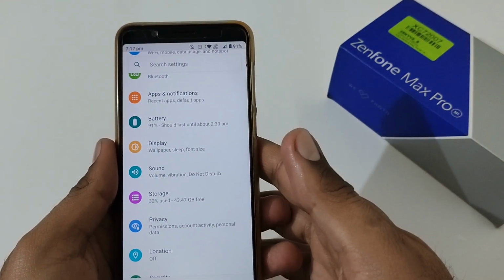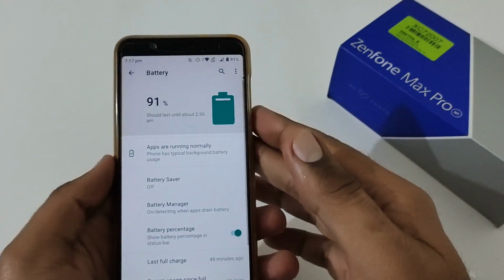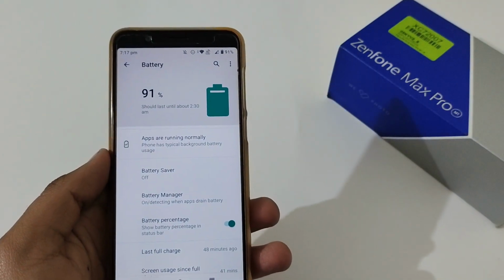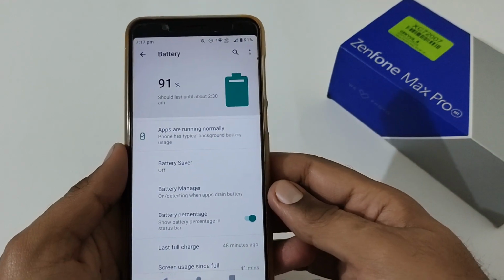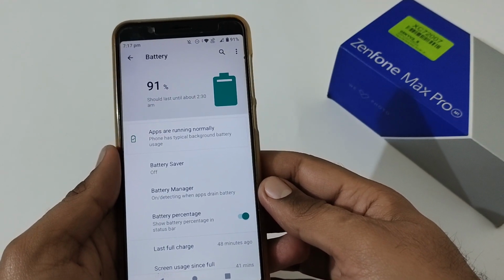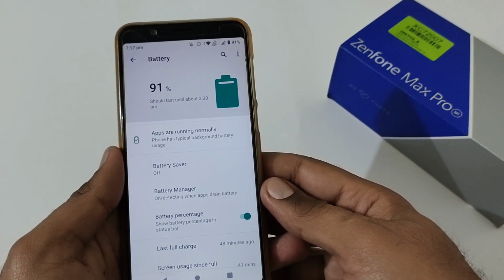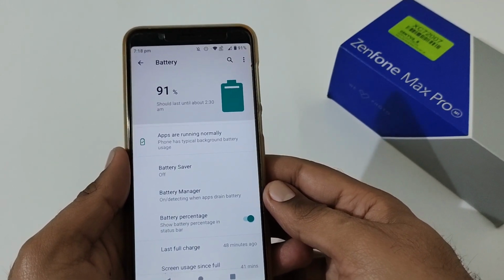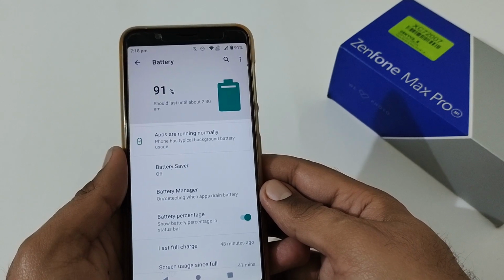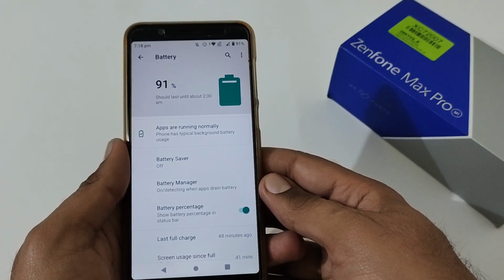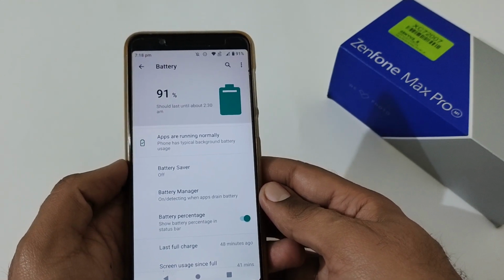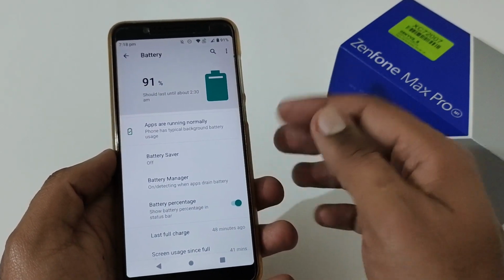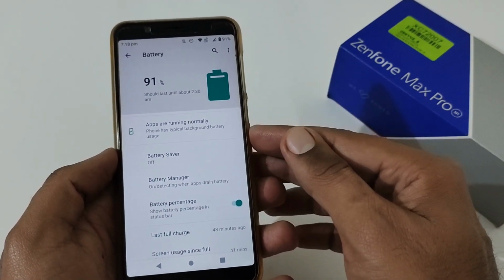So after the display section, now let's move to the battery section and discuss the battery analysis with respect to both versions, Beta 5 and Beta 4. Firstly, we will be discussing charging time. In Beta 5, to charge the phone from 0 to 100%, it took 2 hours and 47 minutes. Whereas in Beta 4, it took nearly 3 hours and 8 minutes to fully charge the phone from 0 to 100%. So you can see a difference of 20 to 25 minutes in both versions.